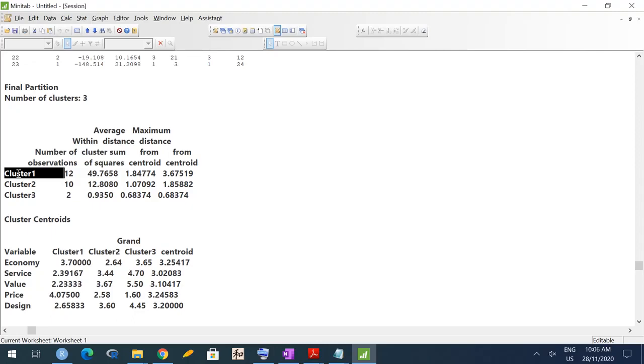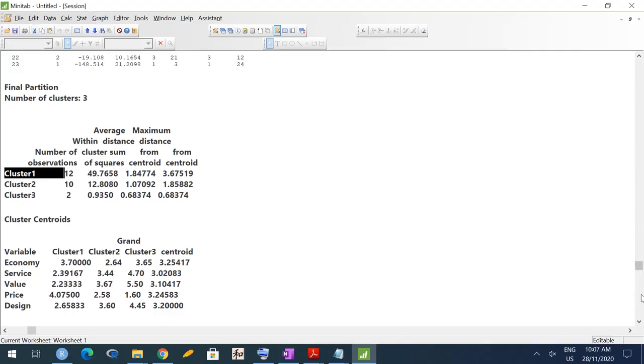Okay, and how do you decide the optimal number of clusters? There are multiple ways available in literature. Many of them depend on within cluster sum of squares and between cluster sum of squares. So at what point is the change maximum, meaning going from 3 to 4 clusters, is it really worth it? Is it really helping your clusters become much more homogeneous? Then only you should go from 3 to 4. Okay, so there are many criteria available in literature.